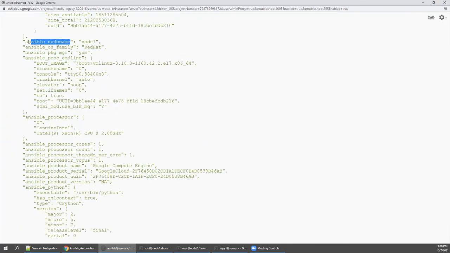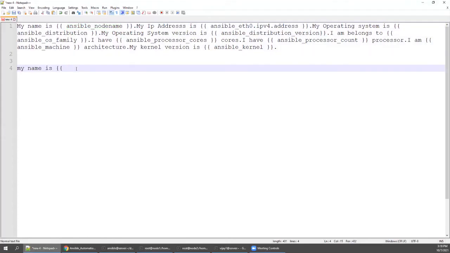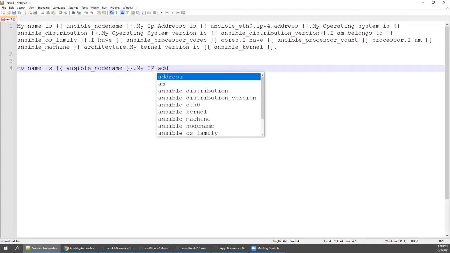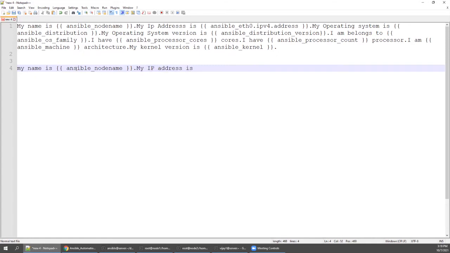So from here I picked it up and put it here in curly brackets, right? And say my IP address is in curly brackets, Ansible. So what is my IP address?